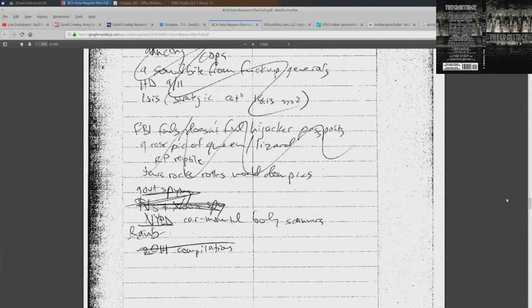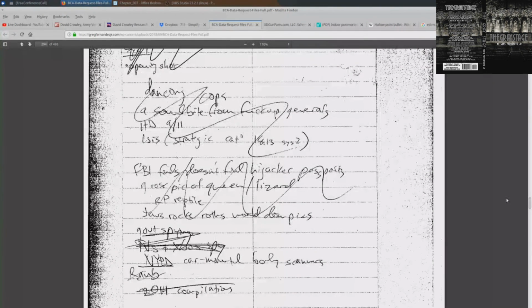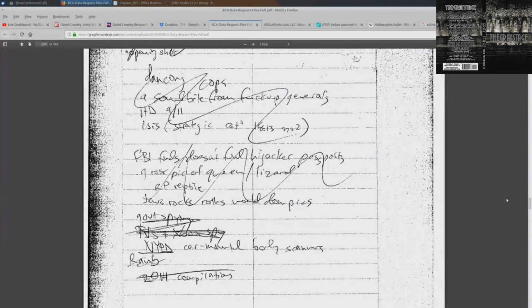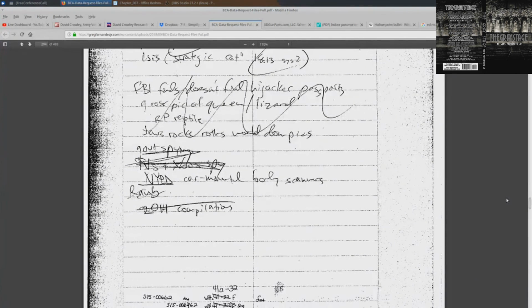All right, just kind of wrapping up here, looking at page 294 still, where we see the B-roll shot list. Part of that B-roll shot list says that the FBI doesn't find hijackers' passports. That's got to be 9/11, right? It's got to be tied to that. Oh, yeah, I would think so.